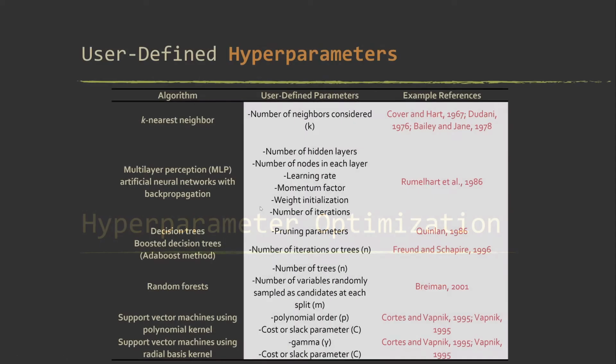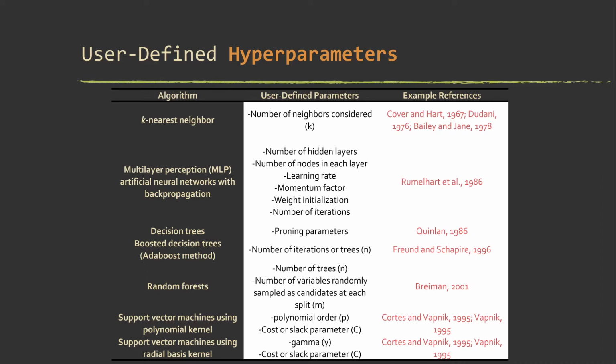Okay, so different algorithms are going to have different hyperparameters. This is just some examples. So some have more than others. For example, k nearest neighbors, generally just the k value, the number of neighbors. You can also optimize which measure of distance you're using. One complexity with artificial neural networks is that they tend to have a lot of different parameters that can be set. A lot of them are associated with the optimizer that's being used. And we already talked about some other parameters for different methods.